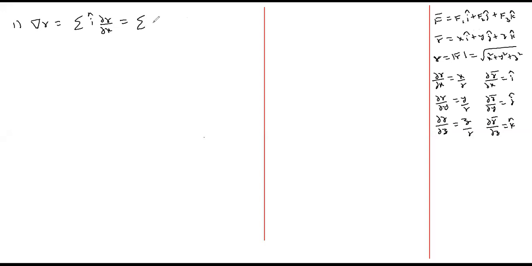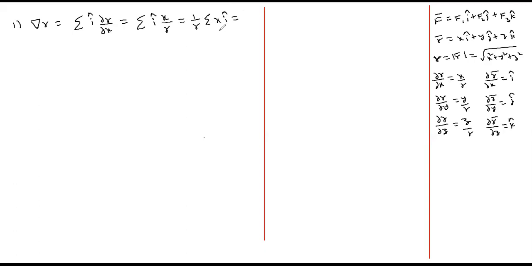Now, what is dou r by dou x? We have a ready-made formula here. Can you see this here? x by r. So I said sigma is running over i and x. Which one is common in every term? 1 by r. So can I bring this 1 by r outside? 1 by r sigma x i bar, because when you expand, i into x by r plus j into y by r plus k into z by r, 1 by r will be common in every term. So if you take 1 by r common, this is 1 by r into sigma x i bar.